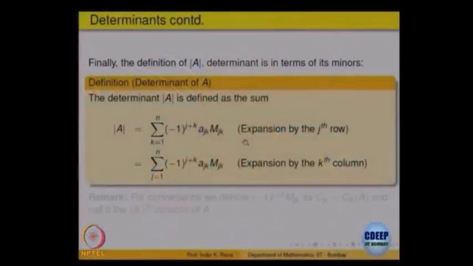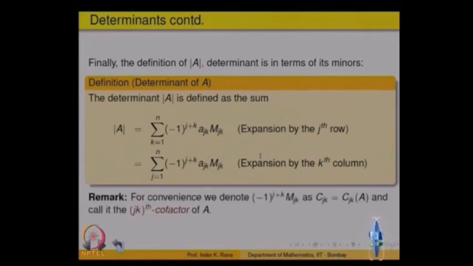So, this gives you existence, and one shows that defined this way there is only one concept of determinant, meaning what? That this definition of determinant, whichever row or column you take, has those three properties. So, it is a slightly deep theorem, it has all those three properties and each one of them will give you the same value, they are all equivalent to each other. So, you can use any one of them as per your convenience.